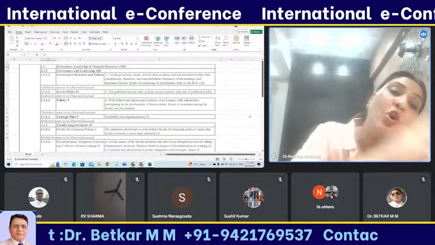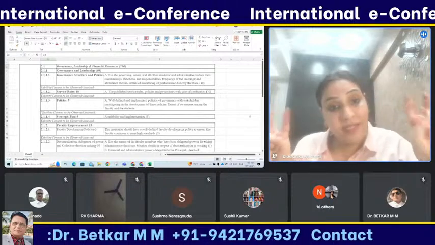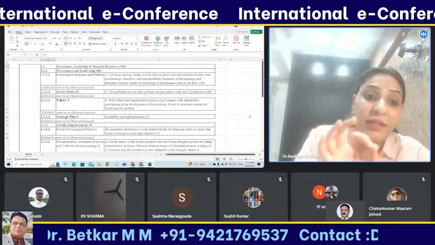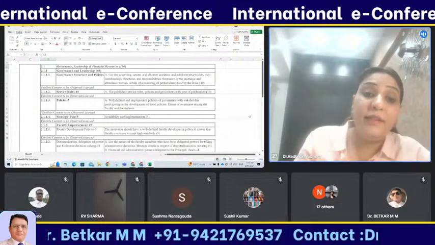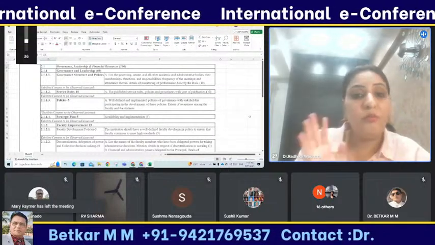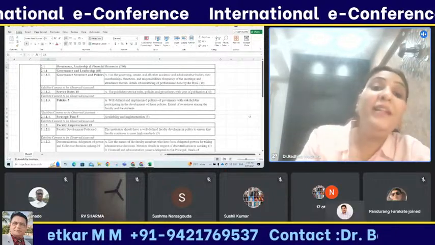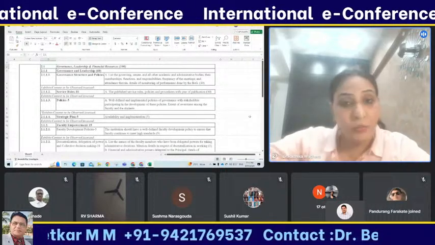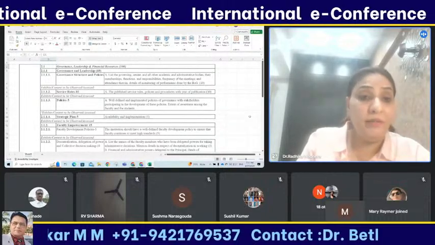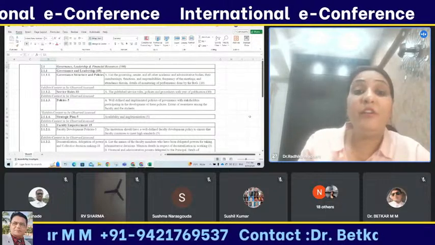So let us talk about the objectivity that helps us to know how can we say that the governance is useful, the governance is good enough. So the governance is reflected through the service rules of a particular organization. When I talk about the service rules, what it simply means? It simply means the HR policies that have been created by the higher bodies, because HR policy is something that helps to make the environment conducive, or it helps to make the environment extremely bad so that people do not